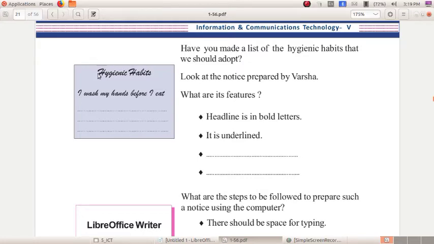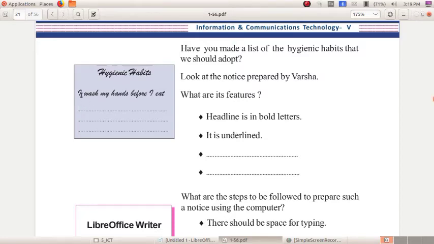Yes, see, the headline is thick. It is turned into bold letters. The heading is in bold letters. Then we can make the heading italics. We can give the underline to it.